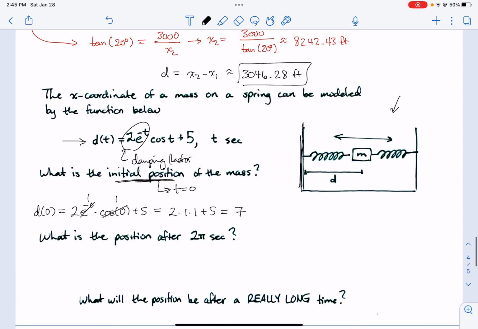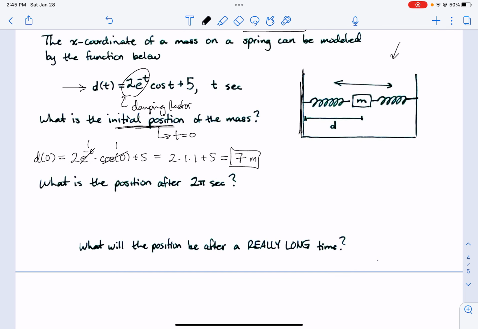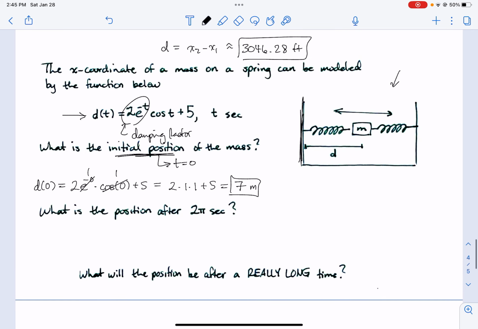7, let's see, do we have any units here? We do not. Let's just assume this is in meters. Usually in physics problems, you're using meters per second anyway. So let's just assume it's meters, right? What is the position after 2 pi seconds? Do the same thing. Plug in 2 pi into the function. So that's going to be 2 times e to the negative 2 pi times cosine of 2 pi plus 5. And this is after some time, so some friction has already occurred. So we should expect kind of a